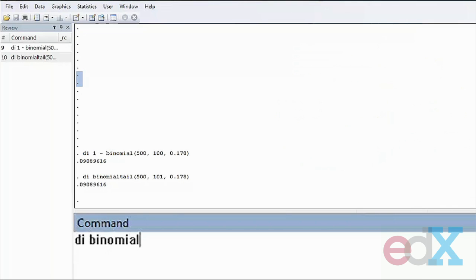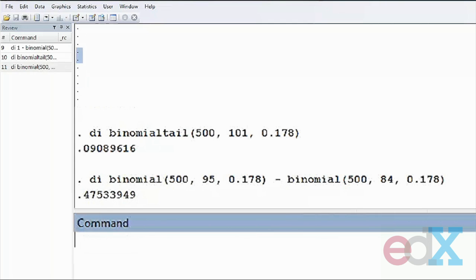First, using the binomial command, we would use 500 as our sample size, 95 as our observed outcome, and prevalence 0.178, subtracting off the probability that x is less than or equal to 84. We find that the probability is about